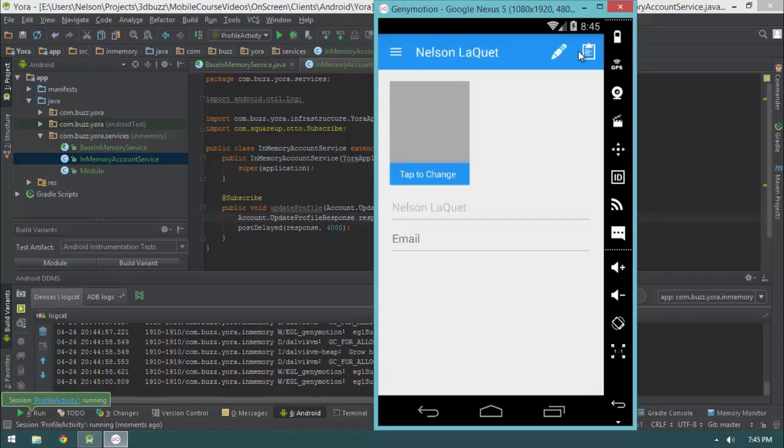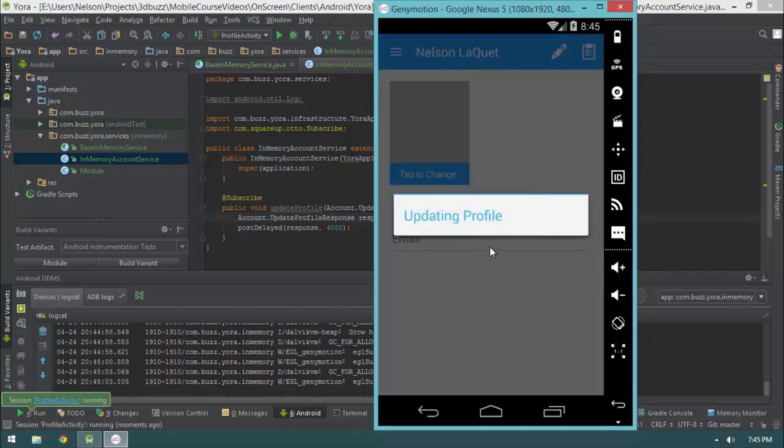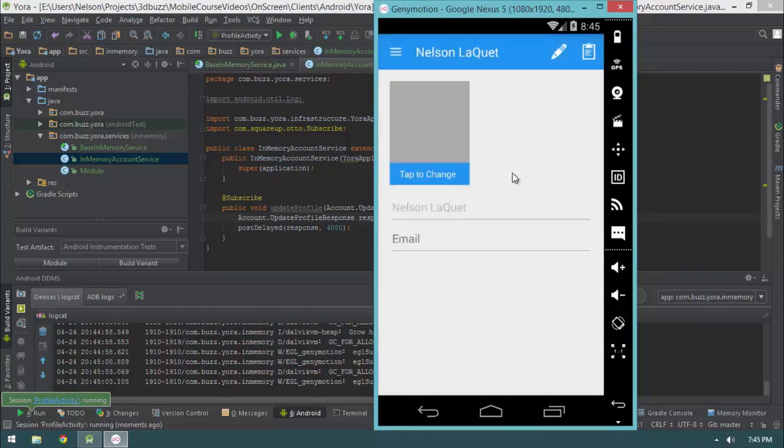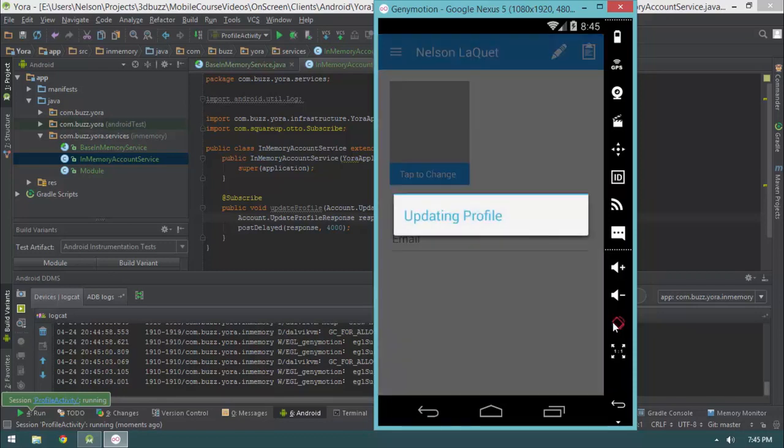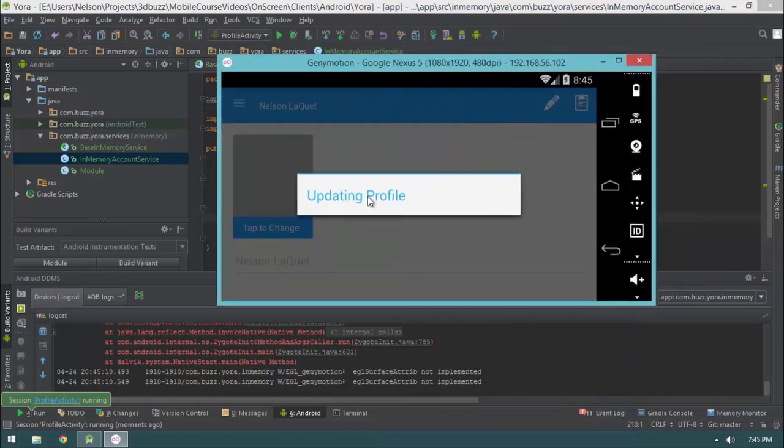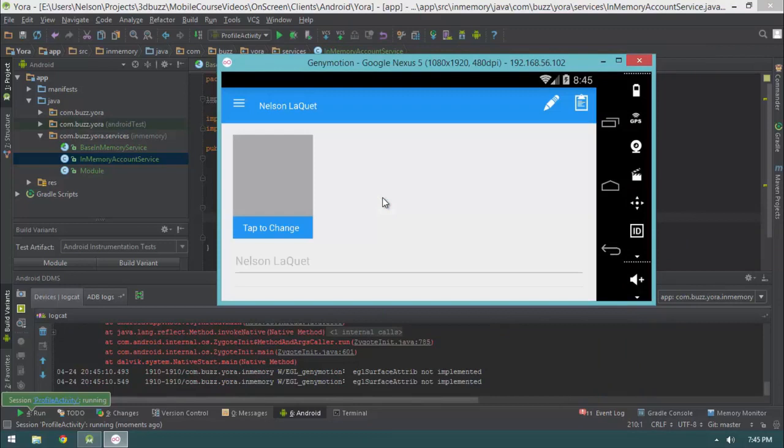So let's go ahead and hit OK, and then there's 4 seconds. Notice how it sits there for 4 seconds, and then it should go away. Let's do that, but immediately rotate. Notice how I rotate, it still says updating profile, but check that out. The progress bar goes away when the